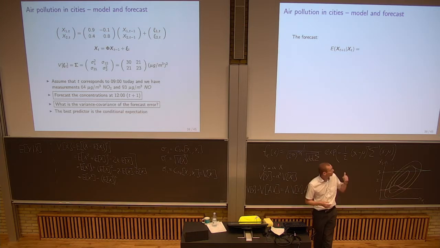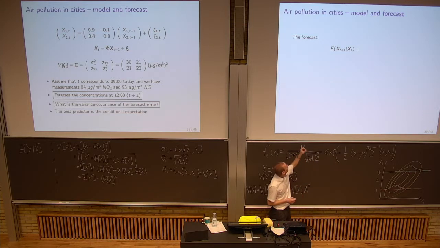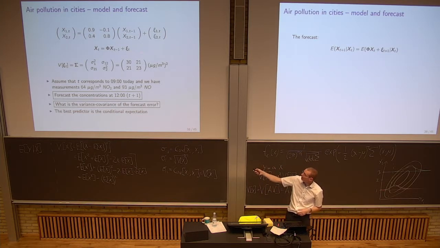So the forecast we're going to make, expectation of x_{t+1} given x_t, we plug in the expression that we have up there, and then, well, the conditional expectation is a linear operator. We just do it by terms. And the first term here contains something with x. Conditional on that is still just x, but the expectation of the noise is 0. So the conditional expectation is just making one step forward.